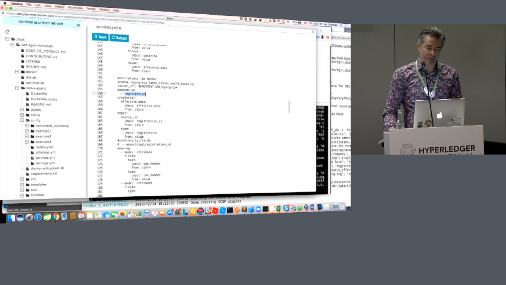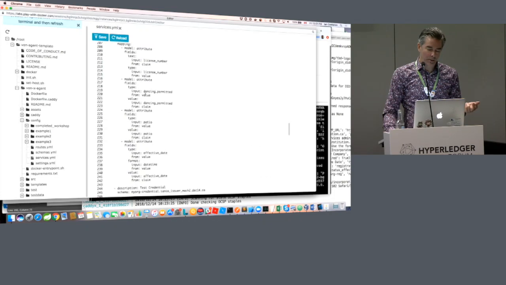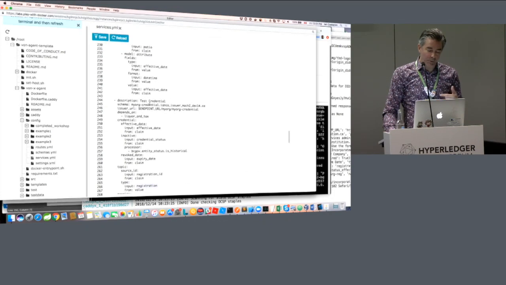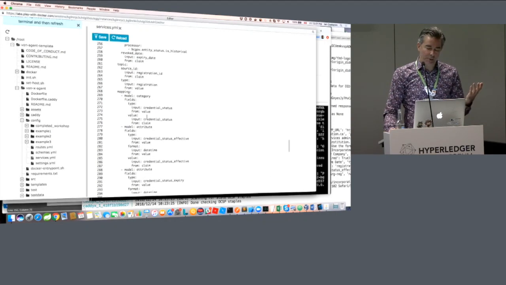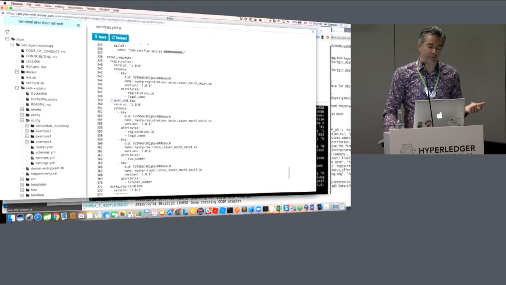So the tax depends on having a registration, the liquor depends on having a registration, and then the test, our last one, depends on something that we're calling liquor and tax. And what does that mean? When we scroll down to the end, we see that we've got a section where we define what our proof requests are. So registration, which we referred to earlier,